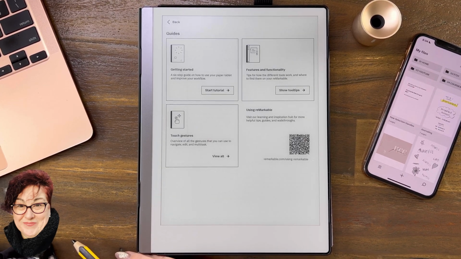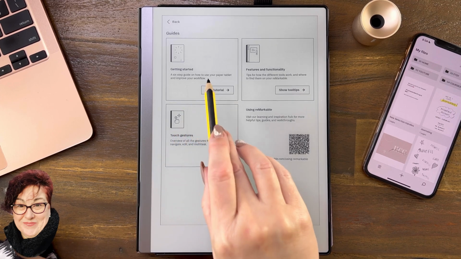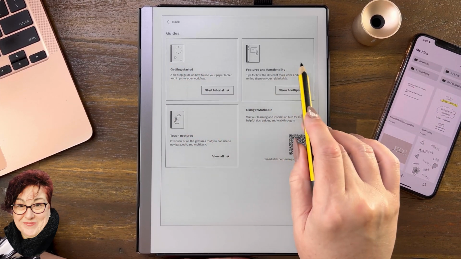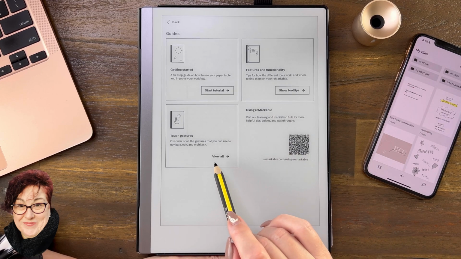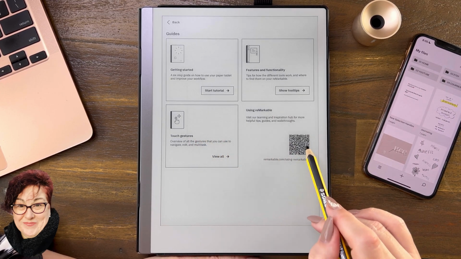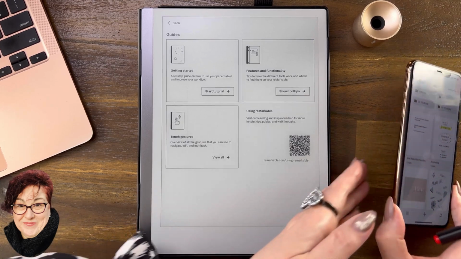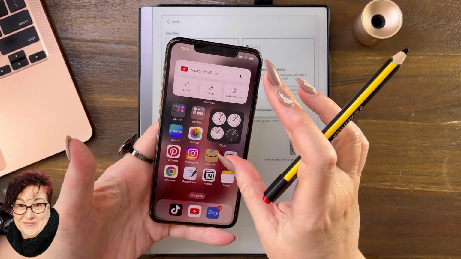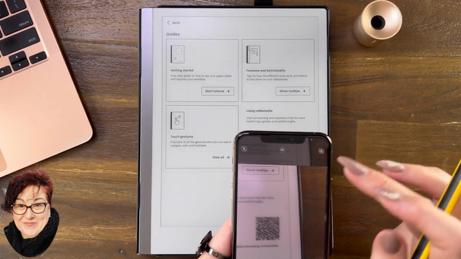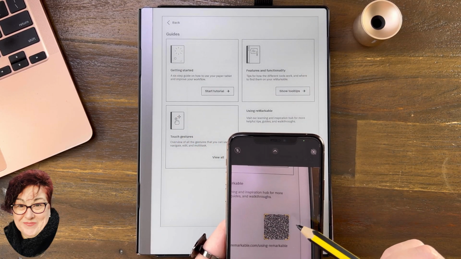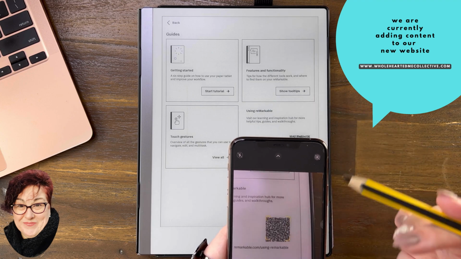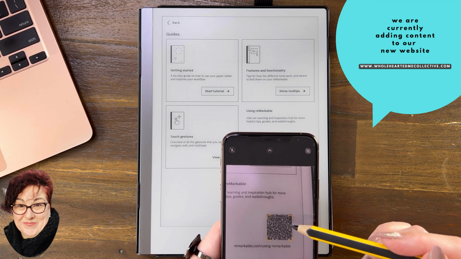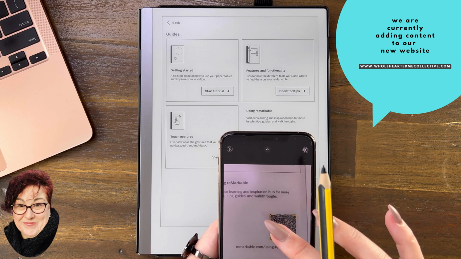So there's tutorials, there's tooltips, there's an explanation now of touch gestures, and you can also scan if you grab your phone and you use your camera. I don't know if you know how QR codes work, but whenever you use your camera over a QR code, it comes up with these little 4 brackets around it, the yellow ones. And if you tap on it,